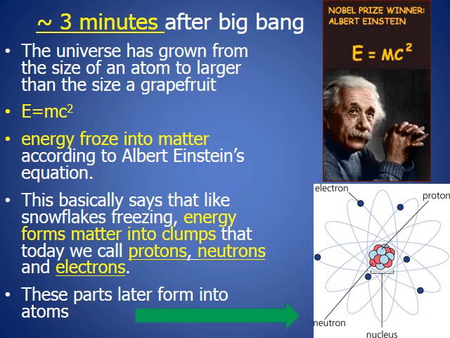So it says if you have a very tiny amount of mass, it can hold tremendous amounts of energy. They're saying that energy then froze into matter, and then it started clumping up. Those clumps today are called protons, neutrons, and electrons, and they're going to come into play a little bit later. But all those parts formed our atoms, which create our elements, which create us. You know, we're primarily carbon and nitrogen and oxygen. So thank goodness that all this energy did turn into clumps, because here we are.